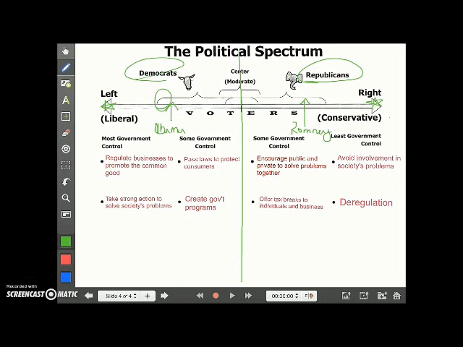side of the spectrum. Now we do have a very deep candidacy for the political office of the president for the 2016 election. We'll discuss those more in class, but most analysts would agree that Hillary Clinton would be somewhere right around where Barack Obama is as far as on the liberal scale, and the Republican